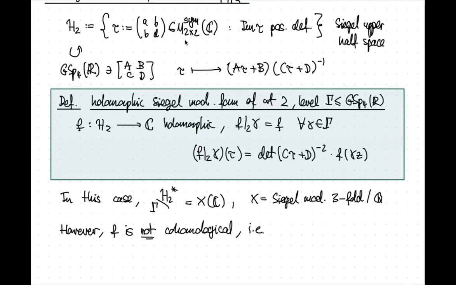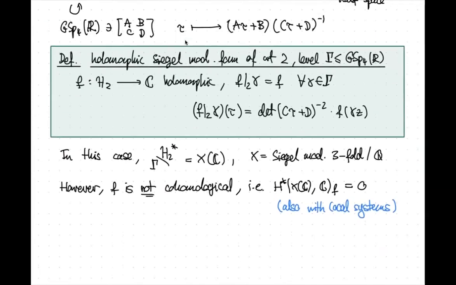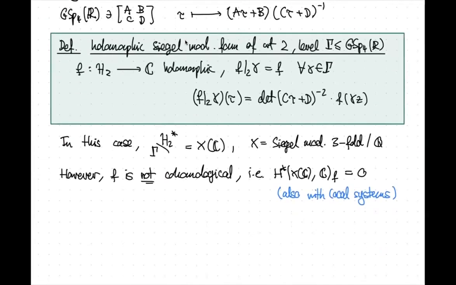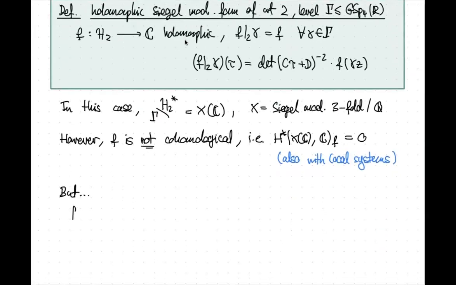So in other words, if I look at cohomology in any degree of the C points of this Siegel modular variety, and I look at the Hecke eigensystem associated to F, this will never appear in cohomology, not even if you take a local system. So also with local systems. It's more a remark for experts maybe. The point is it's not cohomological, but once again, it seems possible to associate Galois representations to these objects.